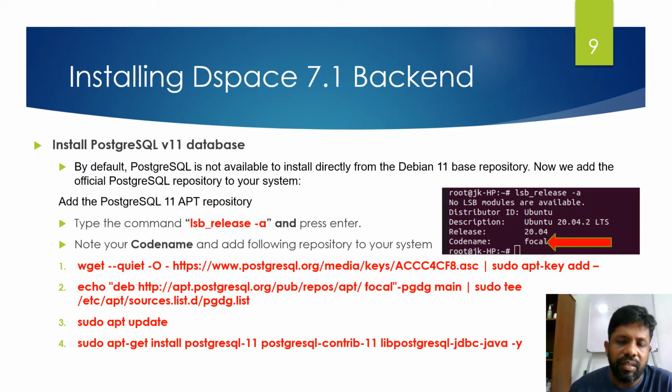Another very important one is installing PostgreSQL. If you install it without any error, it's okay, no problem. But if you face any error while installing PostgreSQL, you should check your system release. For example, each Ubuntu or Debian has its release name, such as Focal, Bullseye, Buster. According to that, you have to add the PostgreSQL repository. The steps are available here; if you face any error, you can follow these methods and install PostgreSQL very easily.